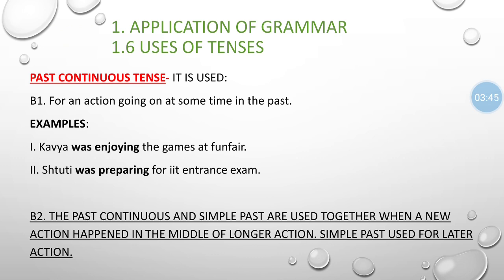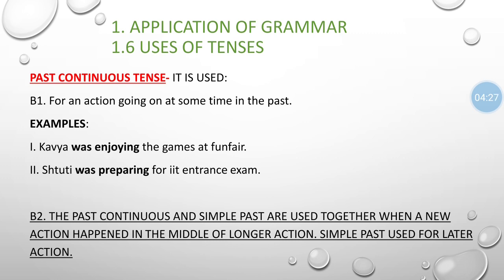Past continuous, subject plus was, were plus verb plus ing plus object, okay. Means was, were is used with the V4 form of the verb. In V4 form, the ing form is used, okay. Means was plus verb plus ing form is used in this tense. In this tense the action was continuing at that time in the past, but it is incomplete in the past. For an action going on at the time in the past, means it is not complete, it is an incomplete action. That's why continuous tense is also called the incomplete tense.